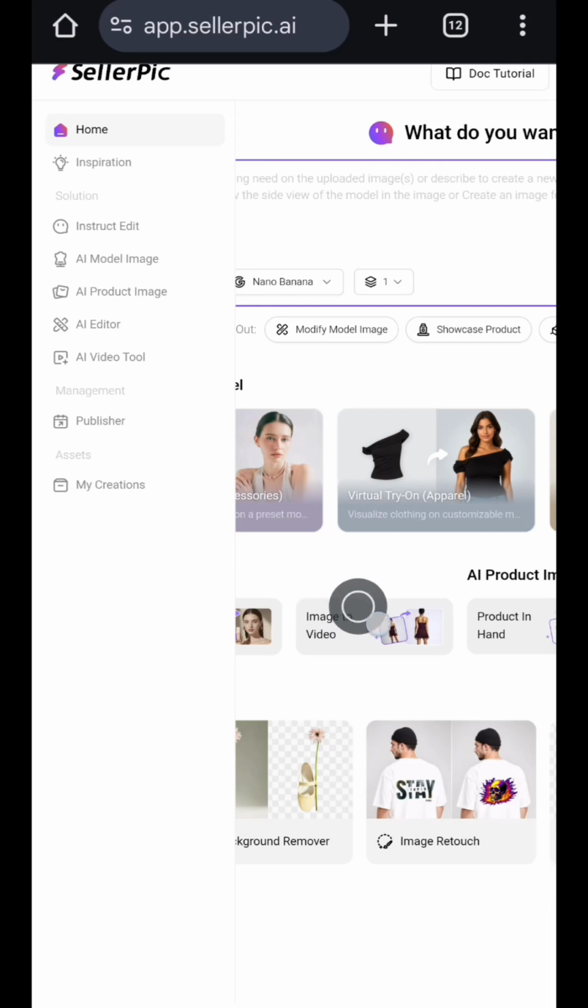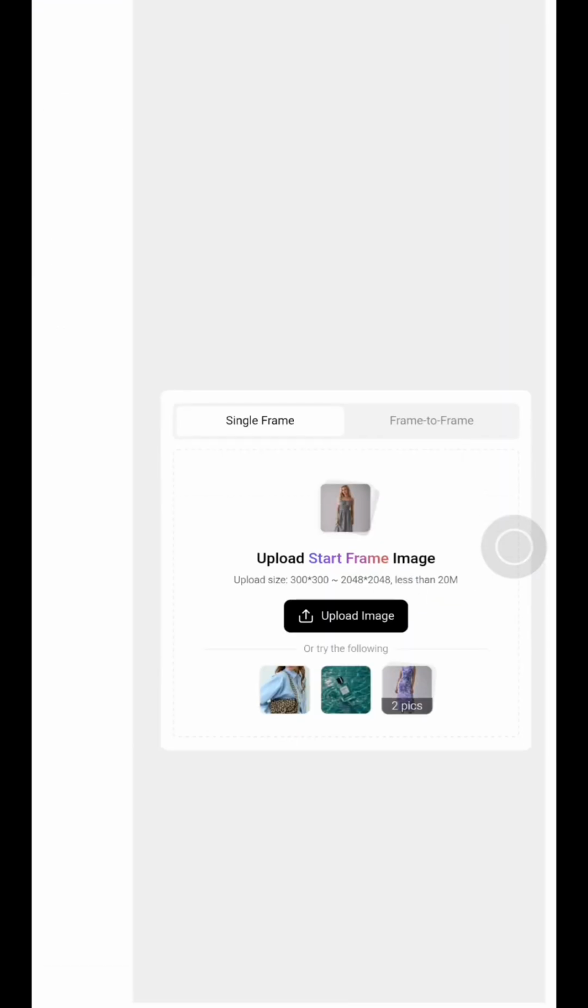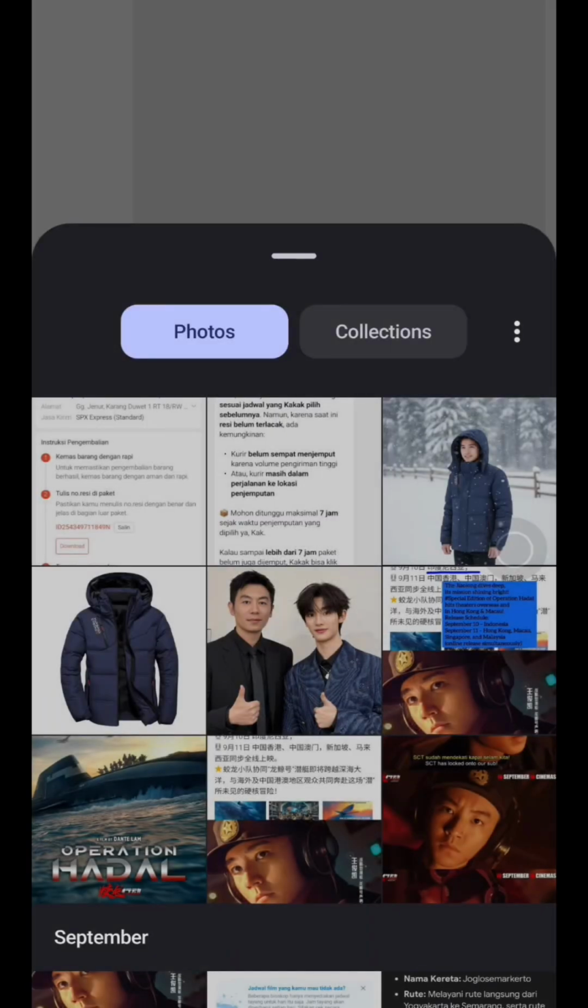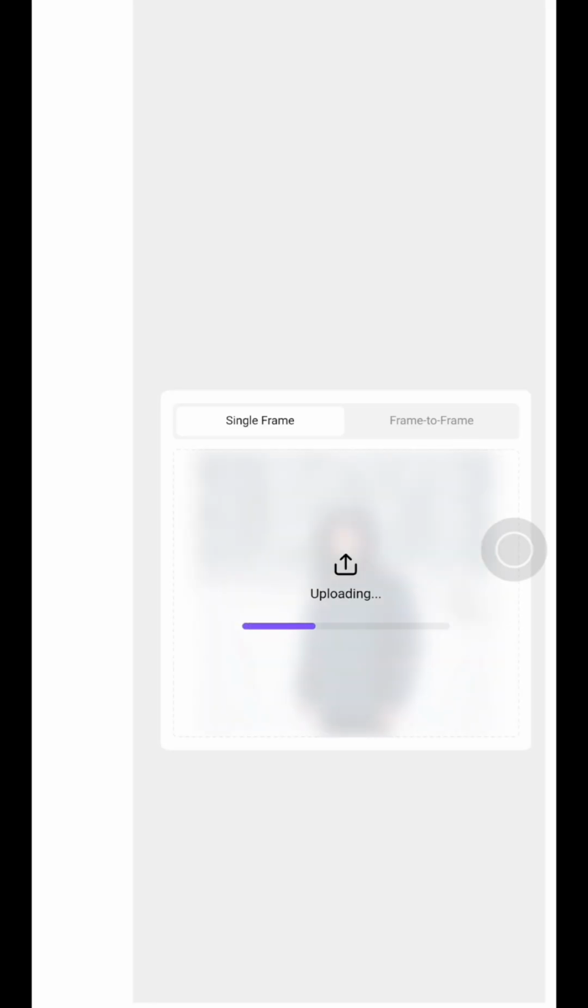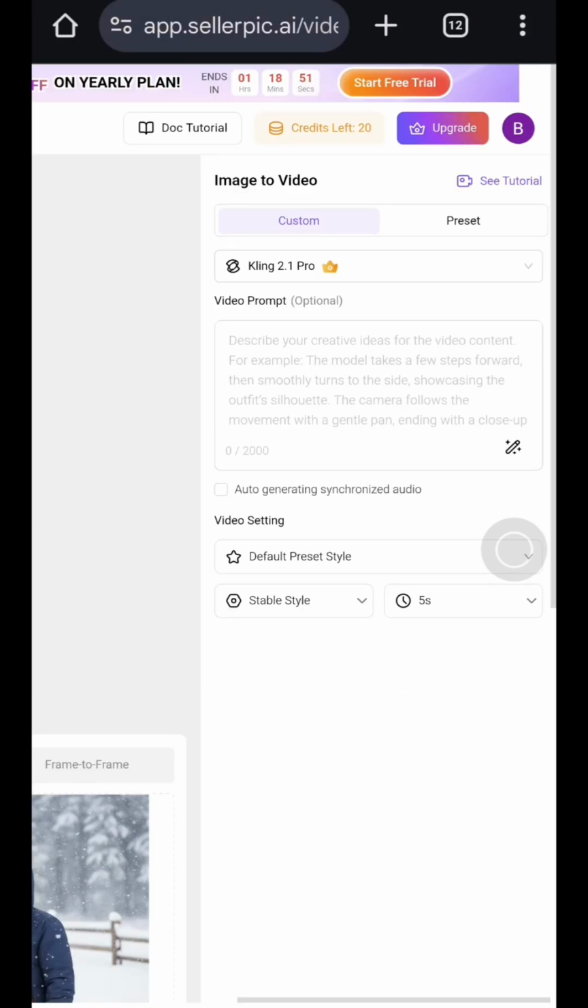Just tap on image to video like this, and then you can choose single frame or frame to frame. In this tutorial, I will just choose single frame for a simple generate, and then just upload your photo. Like this, and then in here